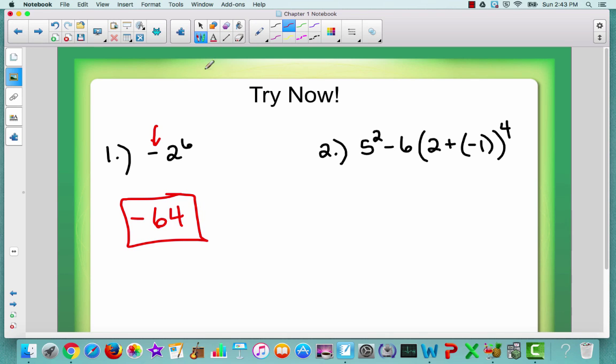All right, let's look at this next one. Order of operations says that I have to do everything in the grouping symbols first. And I tend to do that and evaluate that exponent. I might do that at the same time. So 5 squared gives me 25 minus 6. Now, here's the interesting thing: a lot of kids may want to subtract those numbers, but you can't, because